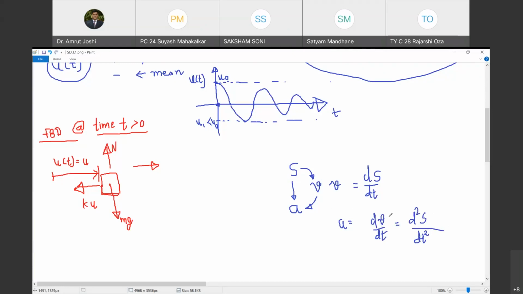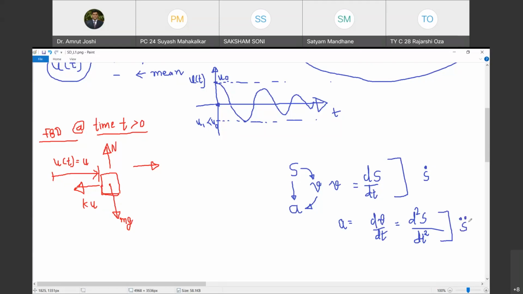Now, typically in dynamics, whenever the differentiation is taken with reference to time, we denote it by the notation dot. Are you with me? Yes, sir. So what is S dot? S dot is the first derivative of position and it is nothing but velocity by definition. This is mechanics. Are you with me? Yes, sir. And what is acceleration? It is the second derivative of displacement and we denote it by S double dot. Do you agree with me?